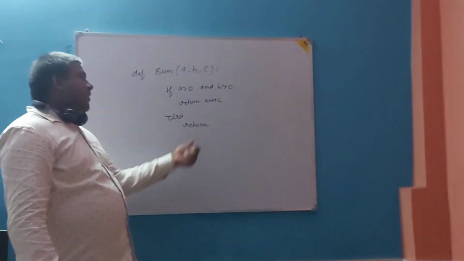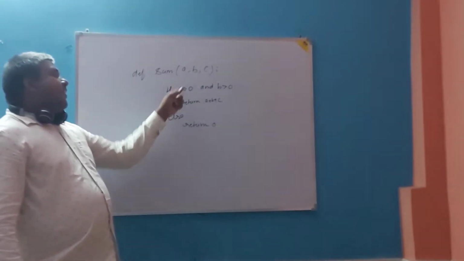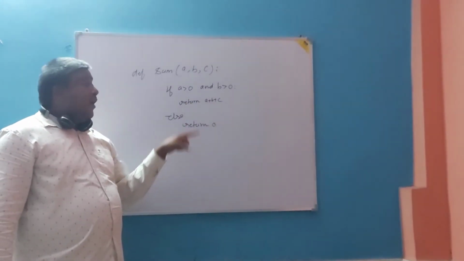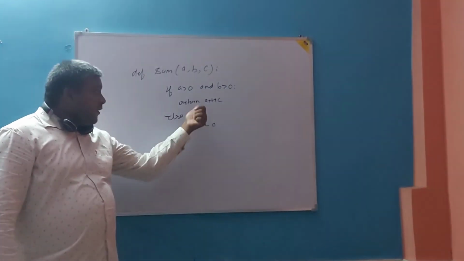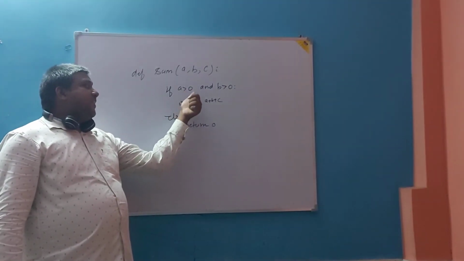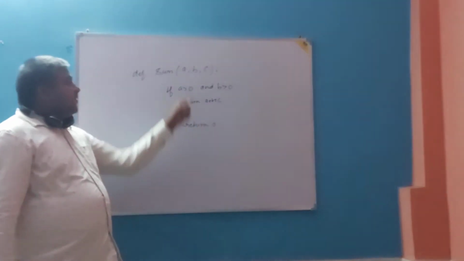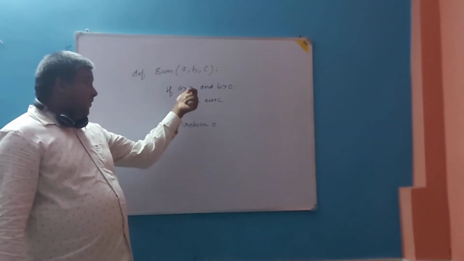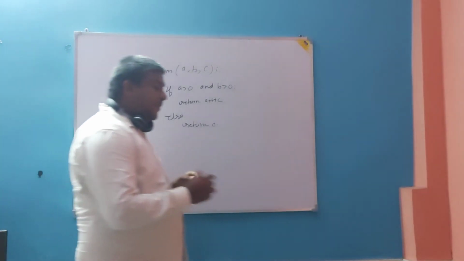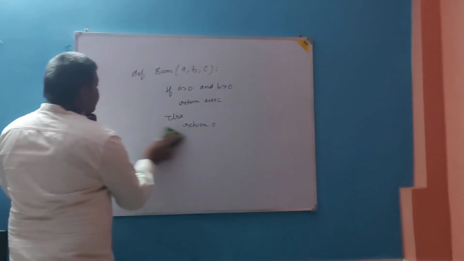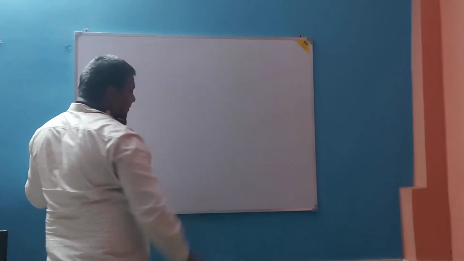Clear? If you want, it may return 0. If you want, it may give the sum when the value of A is greater than 0 and the value of B is greater than 0. Then you want to get the sum, so you have to put the condition and then return like that. Okay? So this is a conditional return statement, with the conditions we have used here, return statement and return 0. So here we can define the functions.